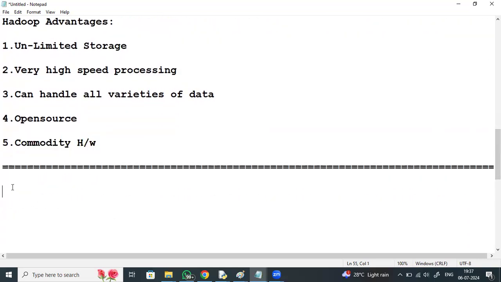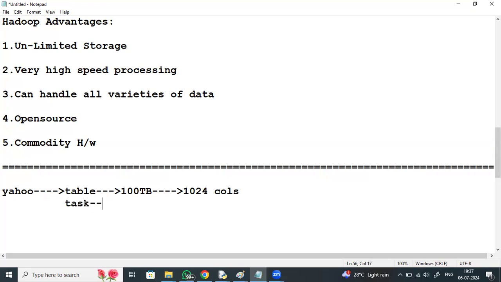Yahoo has conducted a test to check the speed of different databases. Yahoo has taken a table of 100 TB consisting of 1024 columns.